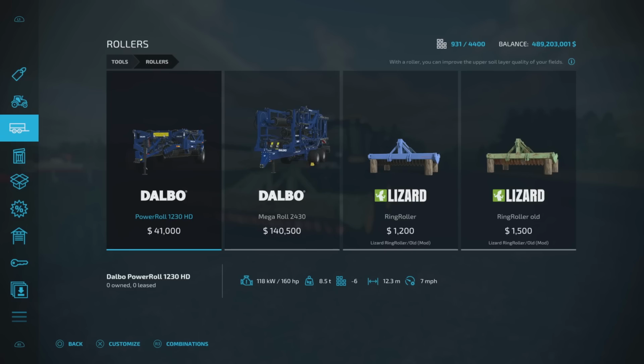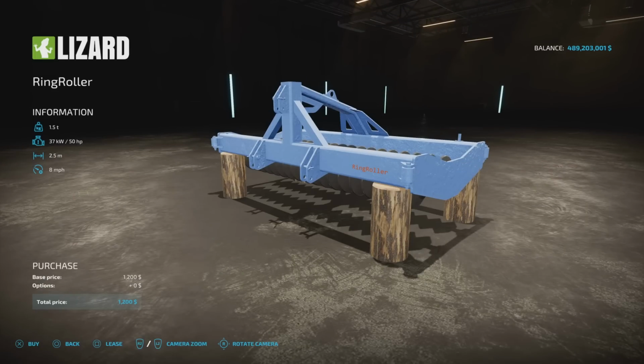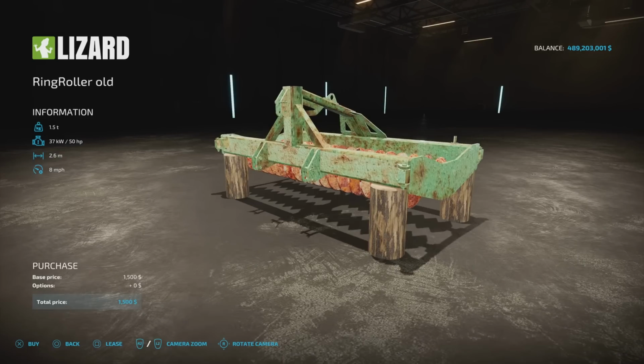for after your crops have been put in. So you can have the RingRoller New 1200. Interesting, the old one's more expensive. That's odd. 2.5 metre for the RingRoller. For RingRoller Old is 2.6 metres, so you're getting an extra little bit. 50 horsepower required, same slot count. Options, you get them just as they are,